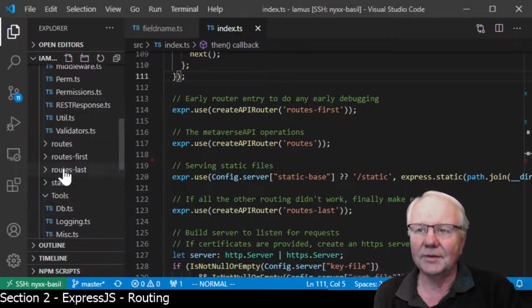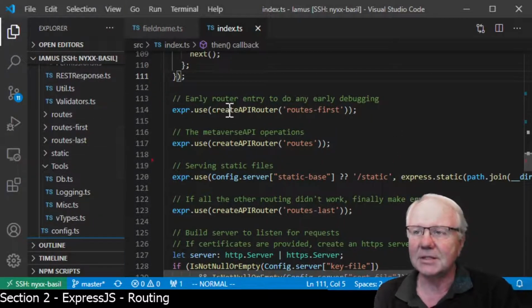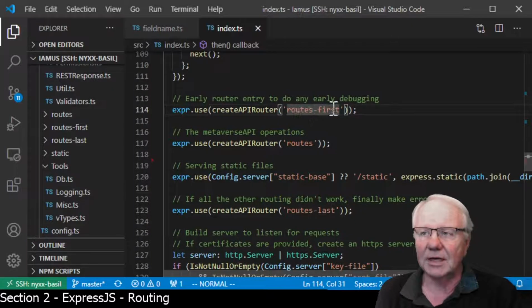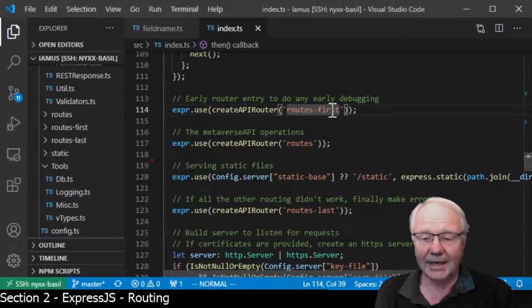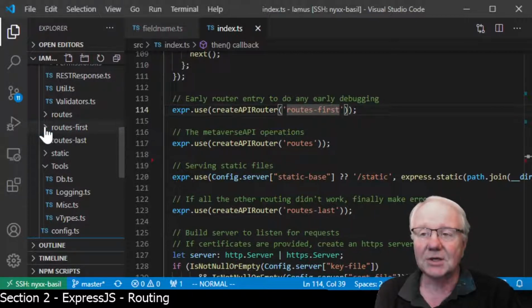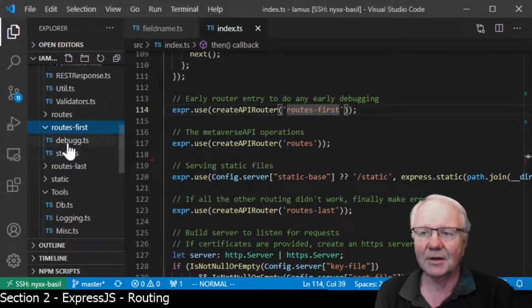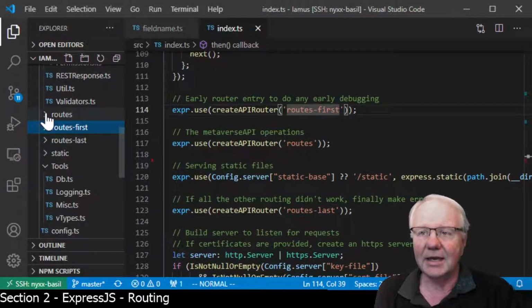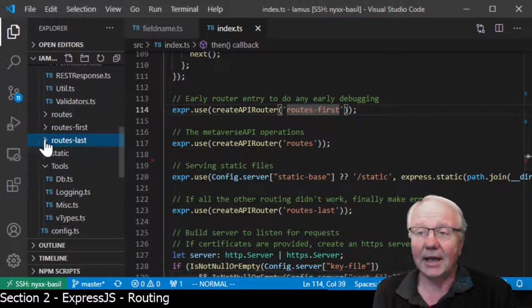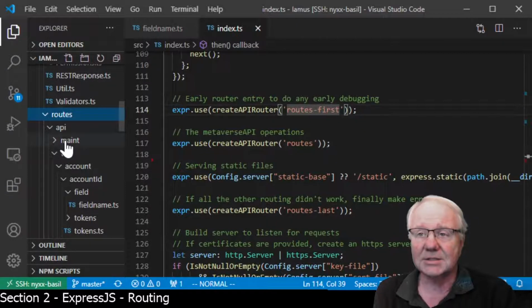Now, in the structure of IMUS, this routine create API router walks the specified subdirectory and finds all the routines that have routes in them. So the directory structure is, here's the routes first, stats and debug, and then routes last will be at the end. So this is routes last down here. And the regular route directory has this structure which is built around the types of requests, the form of the request. So it's API